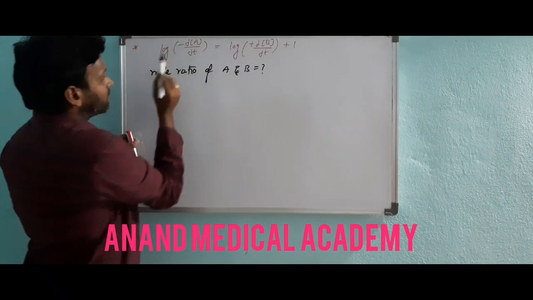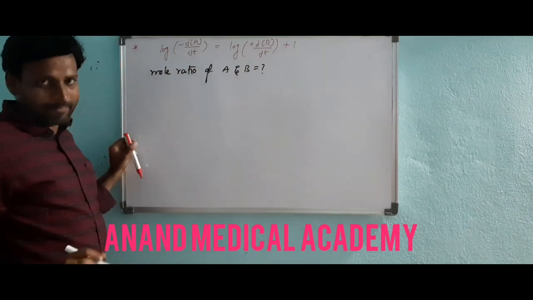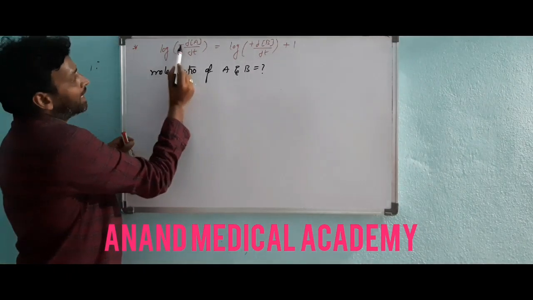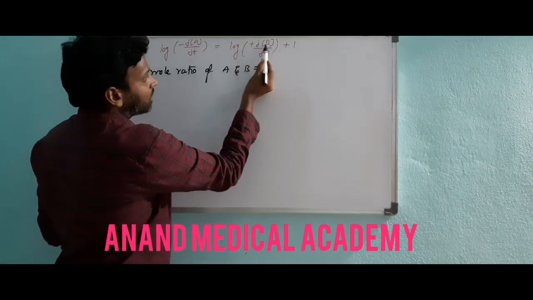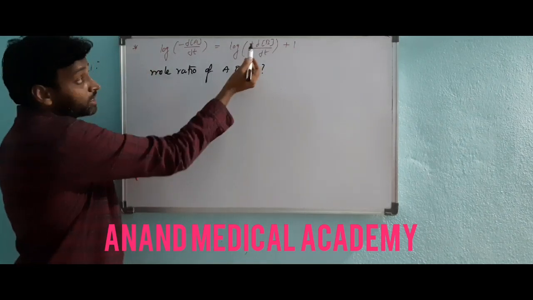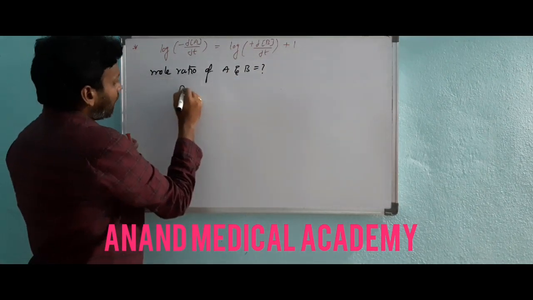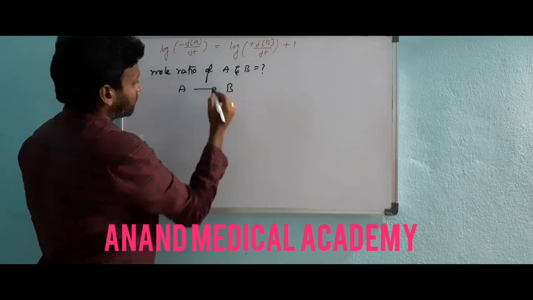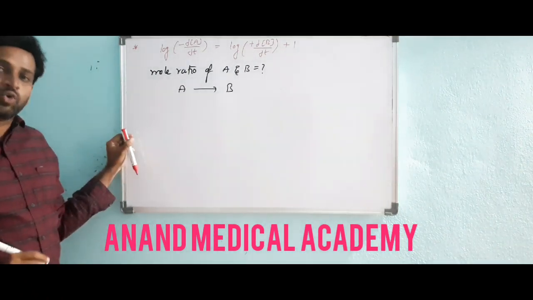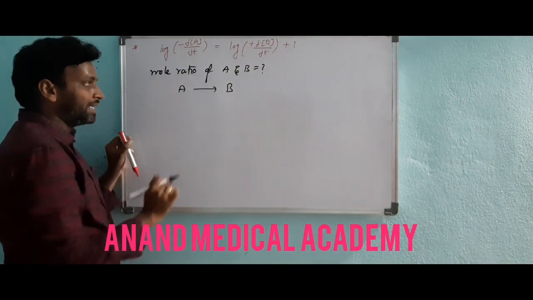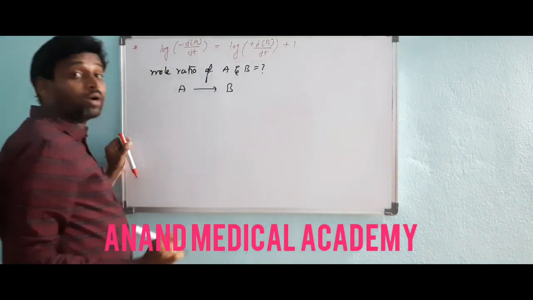So here it is very clear. A is a reactant, B is the product. How can I say that? Minus is used, which means A is the reactant. And plus d[B]/dt is given, which means it is a product. So I have some confirmation: A gives rise to B. But how many moles of A, how many moles of B? This is our question. How many moles of A here, how many moles of B here do we have to take? That's the question, and that you have to find.